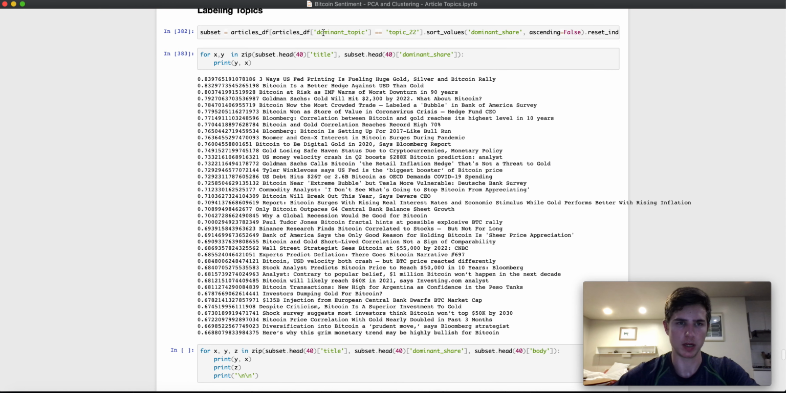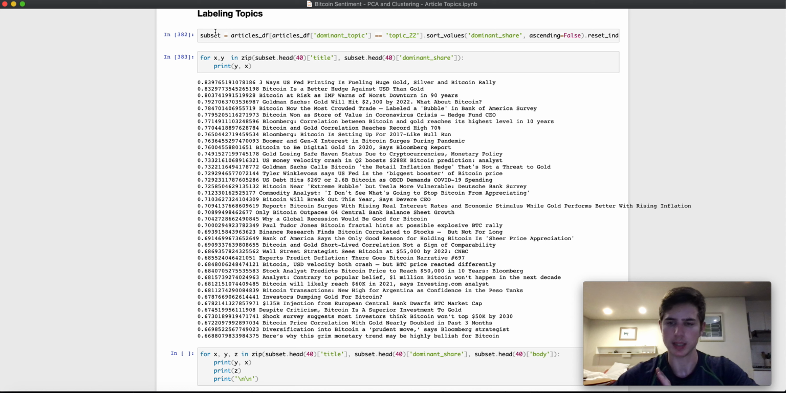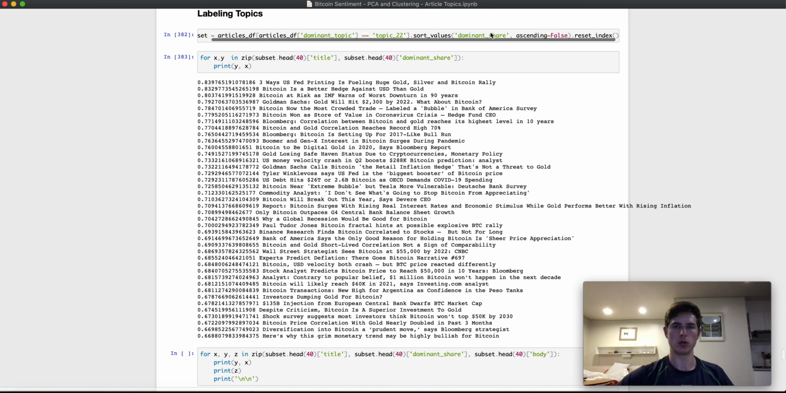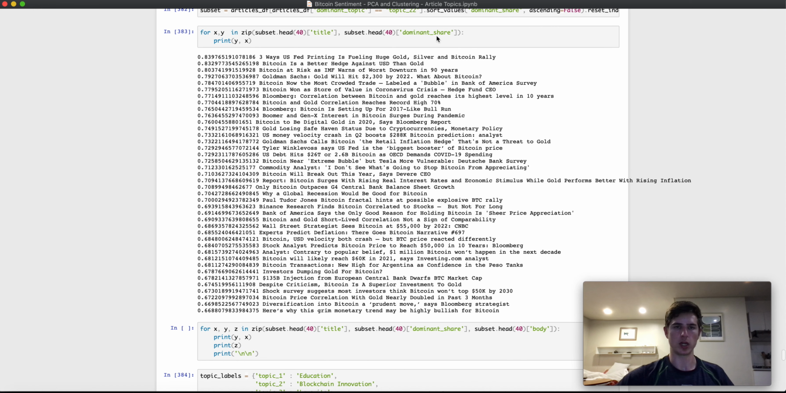So the first thing you'll see here is I'm labeling my topics. The way I labeled my topics was, for any given topic, I wanted to look at a subset of the articles. So here we're looking at, for instance, topic 22. I want to look at the dominant share of topic 22 in my database, sorted for highest dominant share. So if I look at these, these are the articles most related to this particular topic, topic 22, and you're seeing things like